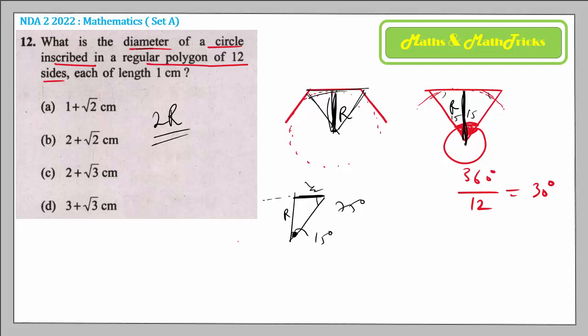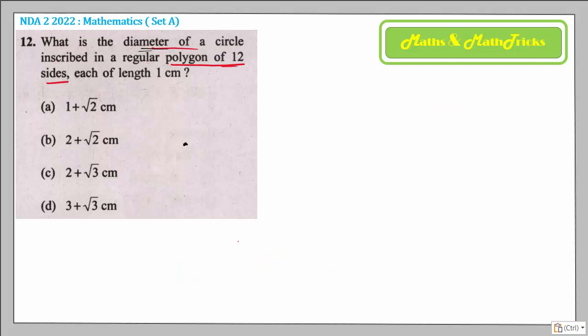So you can clearly apply the sine rule, because you know two angles and one side, and one side is unknown. So sine of 15 divided by the opposite side of the 15 degree, which is half, equals sine of 75 divided by the side r opposite to it. If you calculate here, you are going to get the value of r. Let us come on to the next slide.